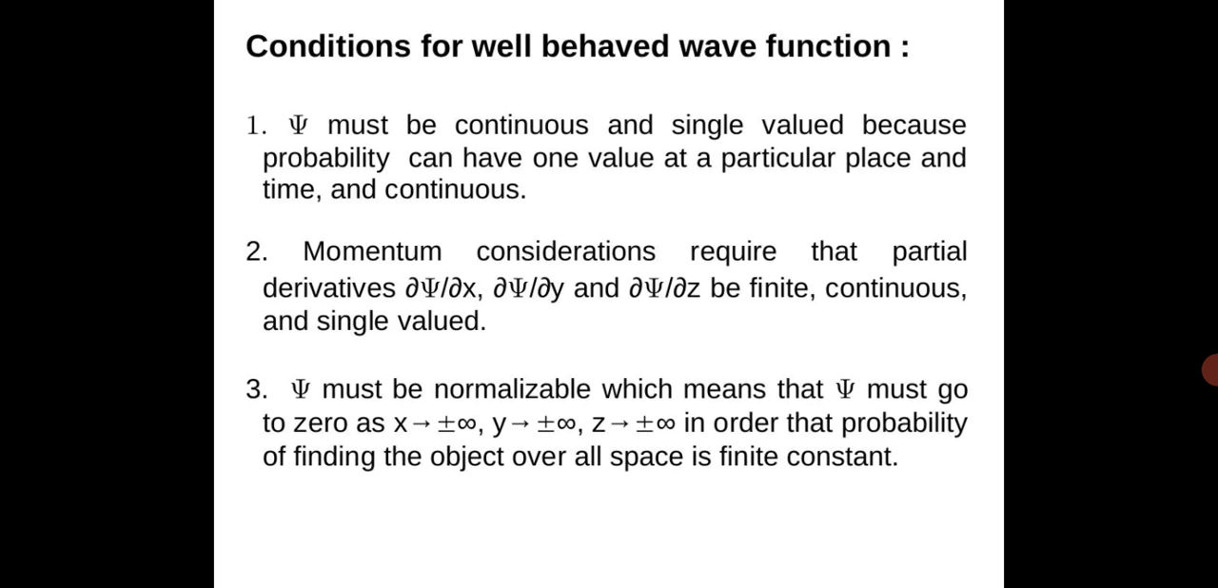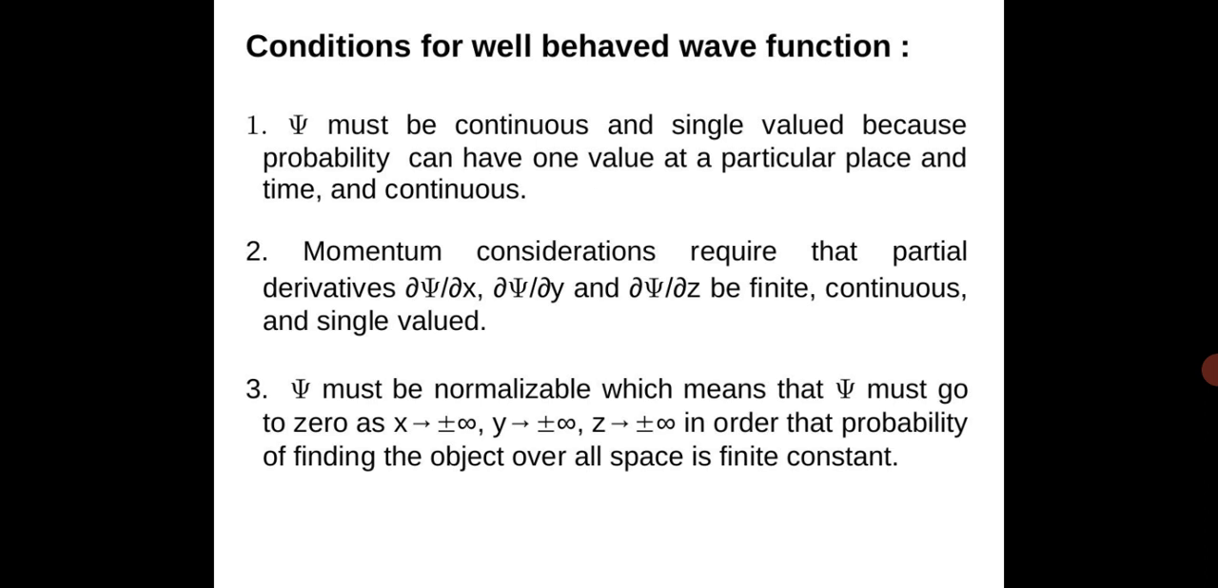Now, conditions for a well-behaved wave function. As we know, psi is the wave function. And what is the wave? That is from the matter wave, from the de Broglie hypothesis. Every moving particle having mass m and velocity v is associated with a wave, and that wave is nothing but the matter wave, and psi is the wave function. So psi must be continuous and single valued,